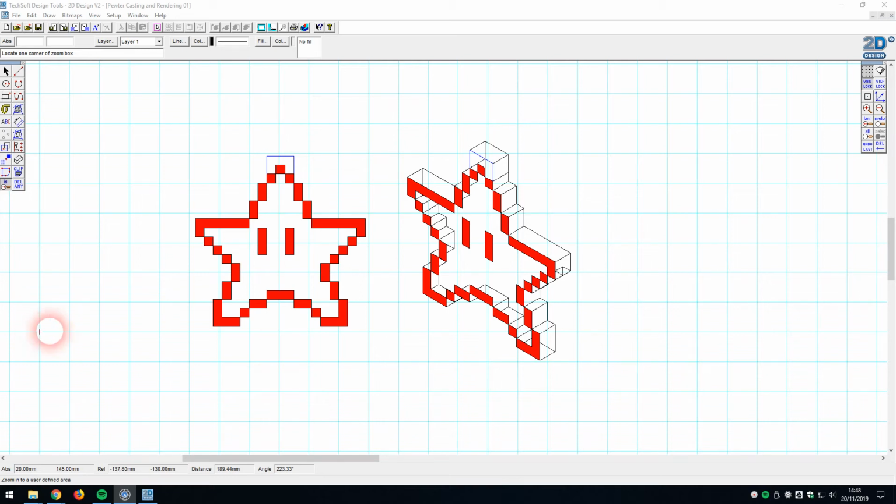Welcome to this video in which I'm going to show you how I can take a 2D image like this little pixel art star here, which we've used to make some jewelry, and transform it into this rather cool looking 3D isometric view. So without further ado, what we're going to do is start by loading TextSoft Design, and at